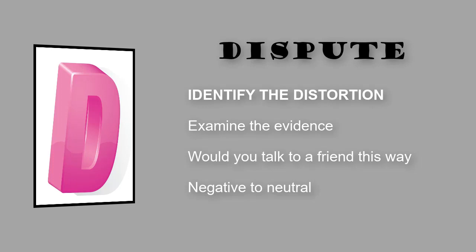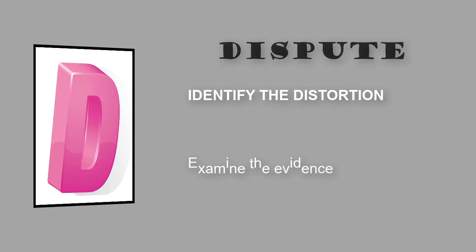And D is a form of reprogramming your brain with a more functional thinking style. So A is our activating event, B the belief or perception, C are the consequences, and they can be emotional, behavioral, physiological, and D is our disputing of those irrational or dysfunctional thoughts and beliefs. So let's move on